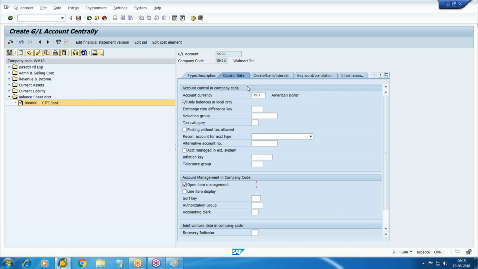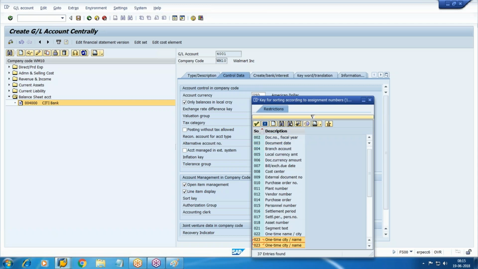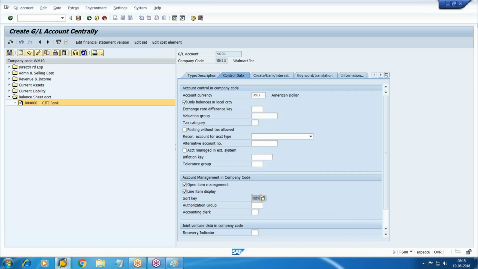Select open item management, because whatever the transaction, it should be there in the open mode first, then we need to transfer, or we'll do the reconciliation and we'll transfer to main bank. Sort key should be 27. 27 is value date. That means whenever we will post any banking transaction, we need the clearing date